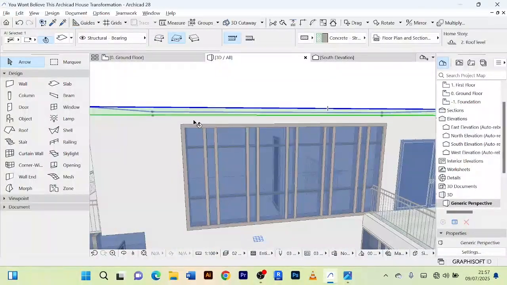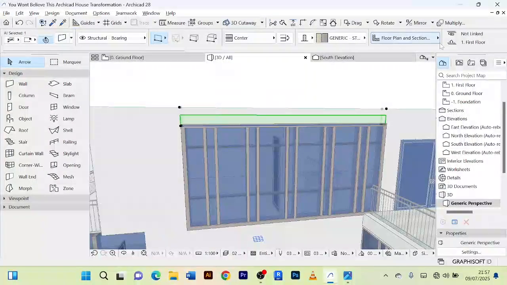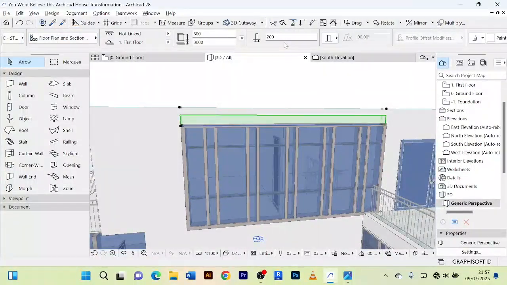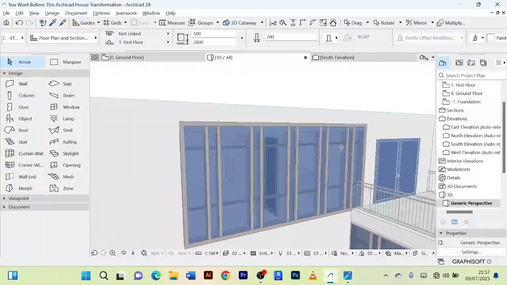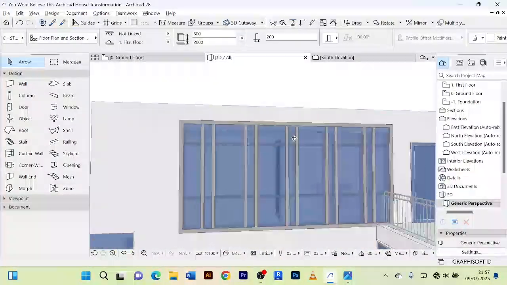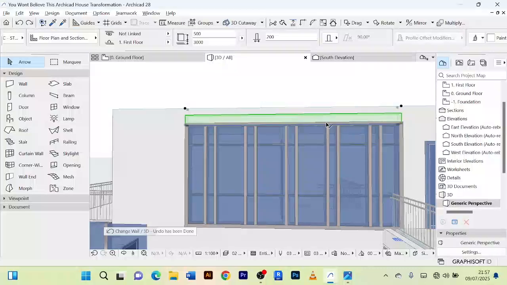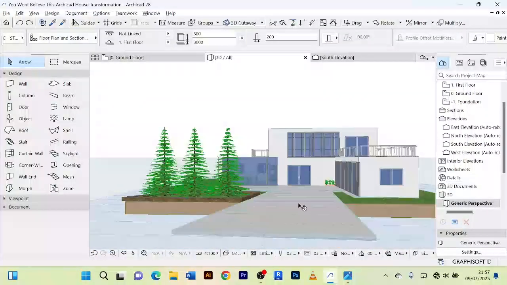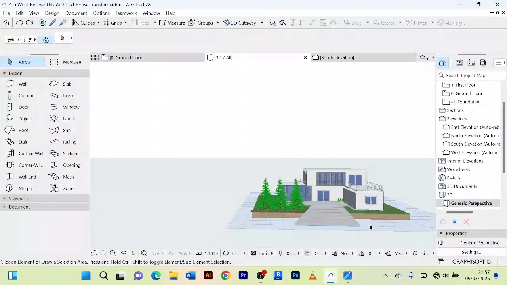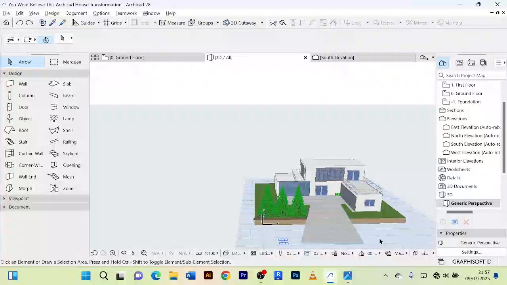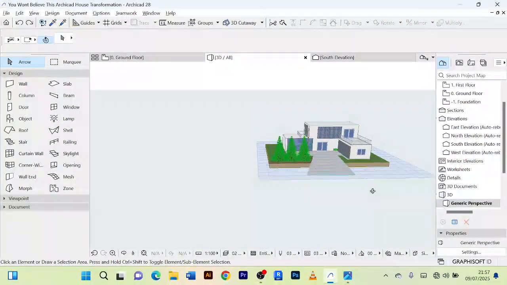I believe this wall, we can make it a little bit, let's have 2.8. Let me see what we shall get. It doesn't cover it, so I'll just undo that. So now I believe we have achieved our target of this